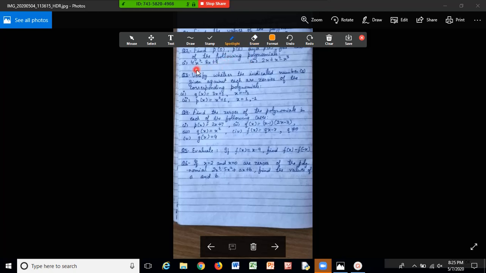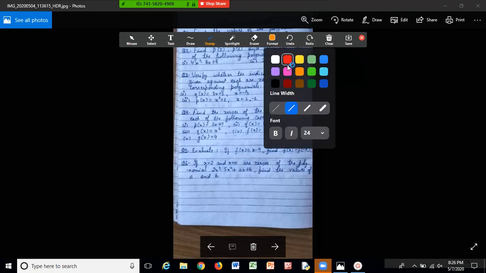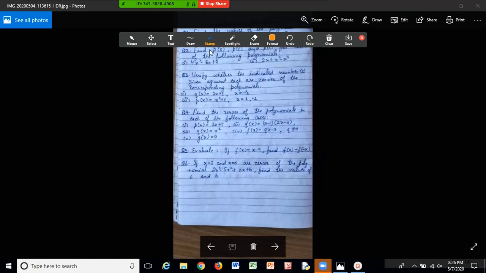Then we can show our torch like this. We can paste some kind of signals here. If we want to remove, we can clear all these drawings. We can also change the color of the lines. We can change the size of the lines, bold, italic, whatever we want to do. These are the extra features given to us in Zoom.